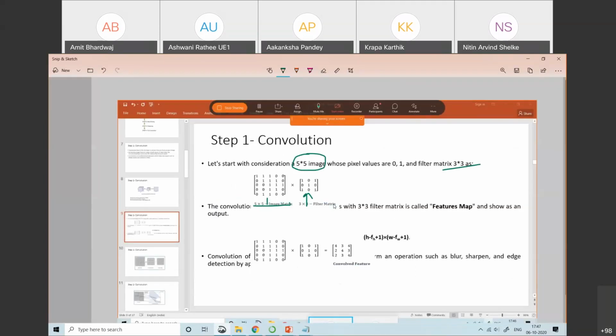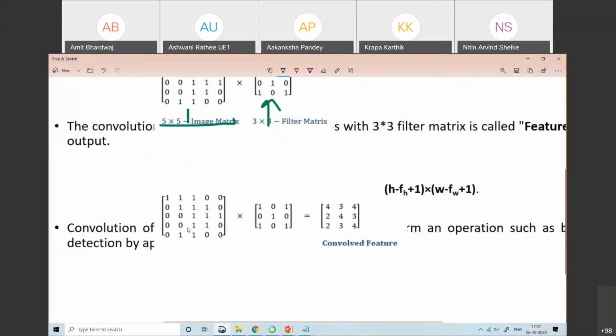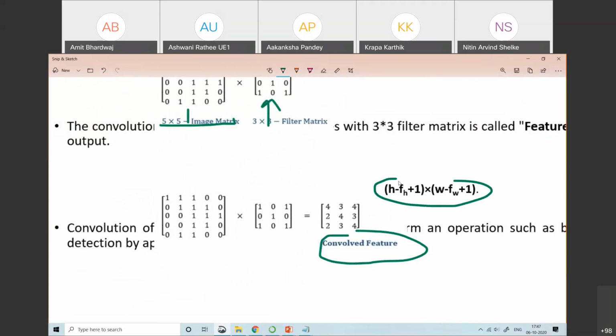After doing the convolution, we get this convoluted feature. Now observe the size of the convoluted feature as per the formula. This is 5 by 5 and this is 3 by 3.